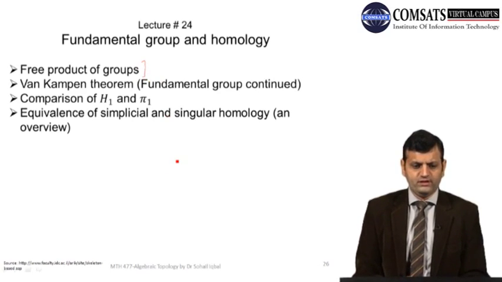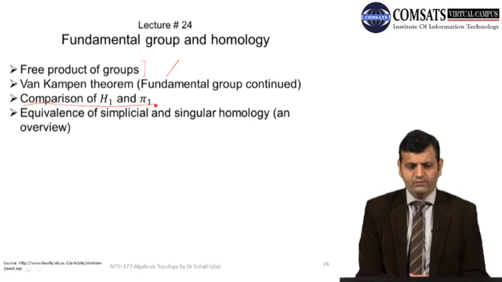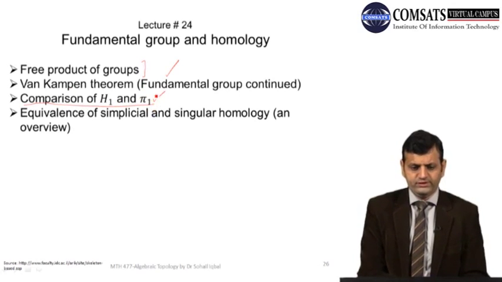So in this case we defined what the free product of groups is, and why we defined it: because we are going to need it in Van Kampen's theorem. Okay, and we can use this theorem for calculation. And then we compare H1 and pi1. So this was one of the important